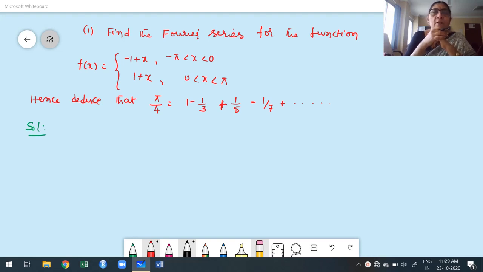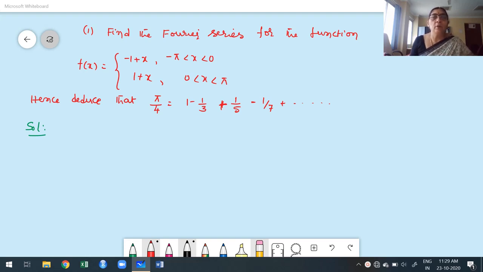In this class, I'm going to discuss some more problems on the construction of Fourier series, especially splitting functions. Up to the previous class, we considered only functions like f of x equals x square over the interval minus pi to pi, or e power of x from 0 to 2 pi. Instead of that, suppose they give the function in the form of a splitting function. For example, in such cases, how do we find the Fourier series? Suppose the function is a splitting function.